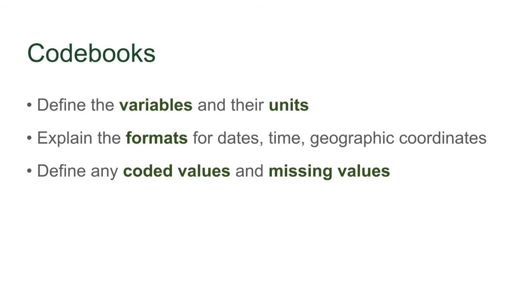If you're working with data in a tabular format, a codebook is another very useful piece of metadata to include. Codebooks have a row for each variable or column header that you have in your table, and columns for information like variable names, the type of variables, a description of what the variable measures, and what units and values are acceptable. It can also specify what codes you use for missing data.